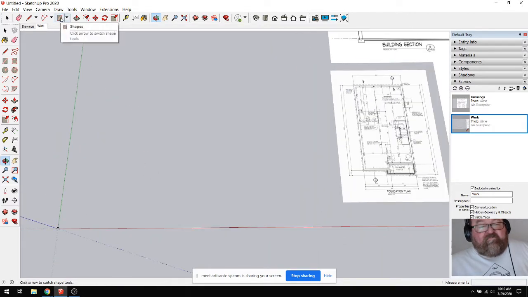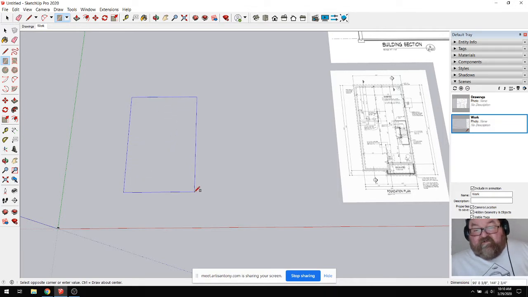I'm going to select this rectangle tool right here. See this? Yes. Okay, I'm just going to click out here. Since you're just starting a project, it doesn't really matter. Just click somewhere in space over here and start dragging it. Now don't click again. Now look down in your bottom right hand corner, and you see how those dimensions are changing as you expand. Now pay attention to